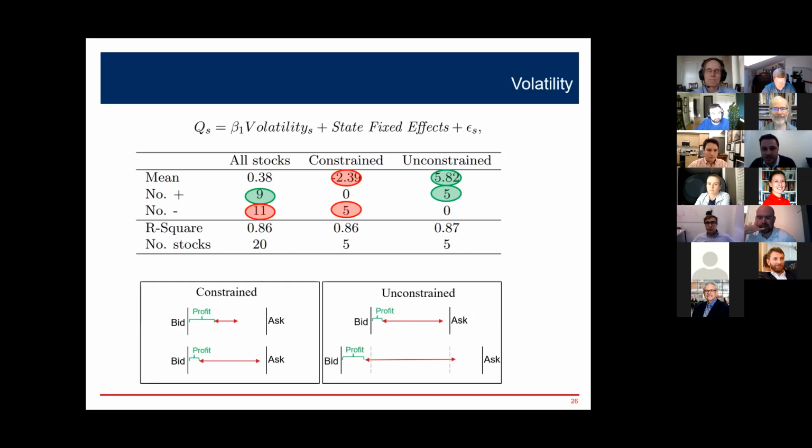And as I said, there's a paper, Li, Wang and Yi in JFE, that really talks about this scenario where everyone wants to race to be at the bid and the offer, because in this scenario there's so much money on the table that it's always constrained. And the retail guys get crowded out from that because they're just too slow. So there's definitely something there. In this scenario you're going to bank that there's a one tick spread and you know the price just isn't going to move all day. And if you can get to the front of that queue and stay there all day, you kind of print